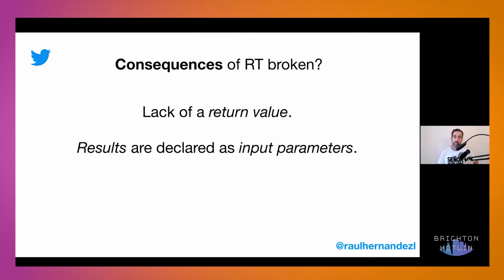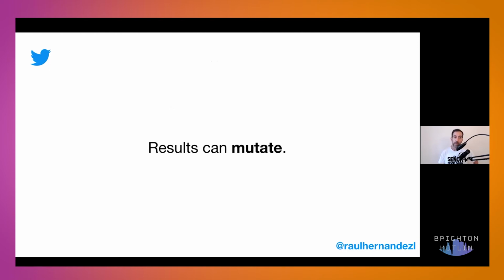So this doesn't really make sense if we think in making this principle work for us, because we don't have something that is deterministic. So that means that actually at some point results can mutate, and if they do, then you can tell me how you can make sure that you are tracking this problem and you can solve it. So we have actually a lack of determinism. We cannot really predict what is going to happen from an input, basically receiving this and creating an output.